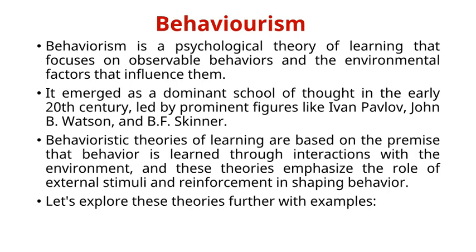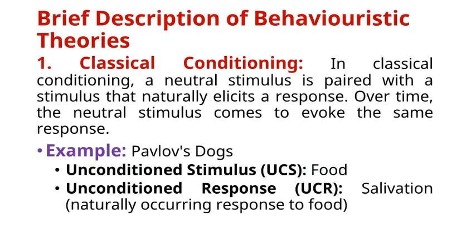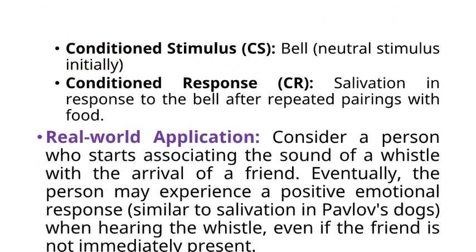Let's explore these theories further with examples. 1. Classical conditioning. In classical conditioning, a neutral stimulus is paired with a stimulus that naturally elicits a response. Over time, the neutral stimulus comes to evoke the same response. Example: Pavlov's dogs. Unconditioned stimulus, UCS: food. Unconditioned response, UCR: salivation, a naturally occurring response to food. Conditioned stimulus, CS: the bell, a neutral stimulus initially. Conditioned response, CR: salivation in response to the bell after repeated pairings with